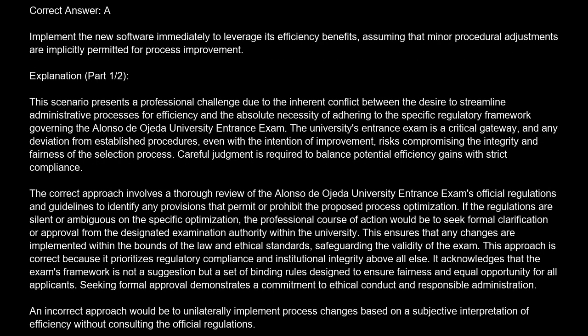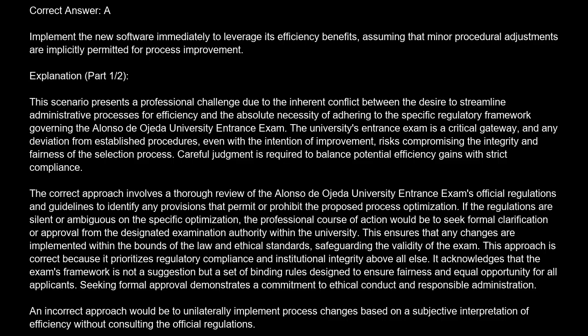The correct answer is A. Implement the new software immediately to leverage its efficiency benefits, assuming that minor procedural adjustments are implicitly permitted for process improvement. Explanation. This scenario presents a professional challenge due to the inherent conflict between the desire to streamline administrative processes